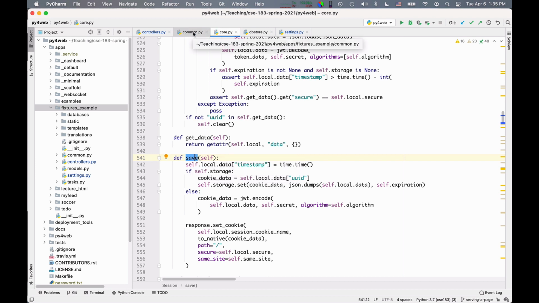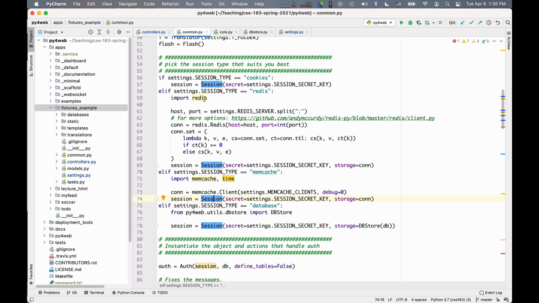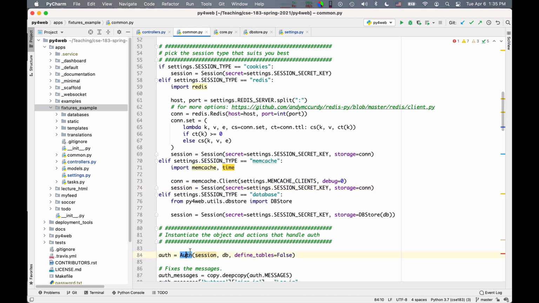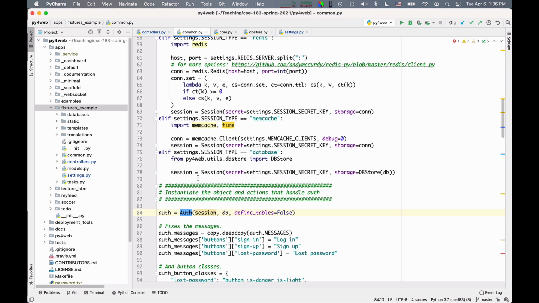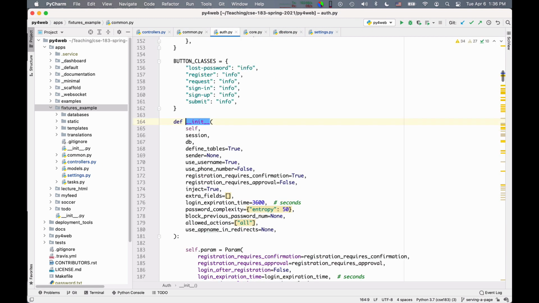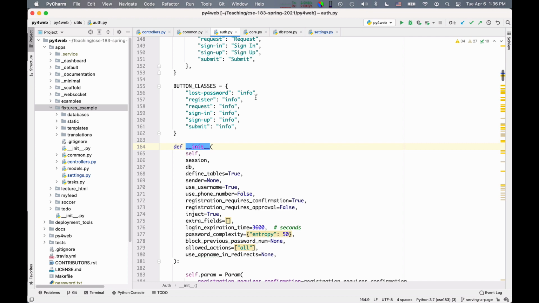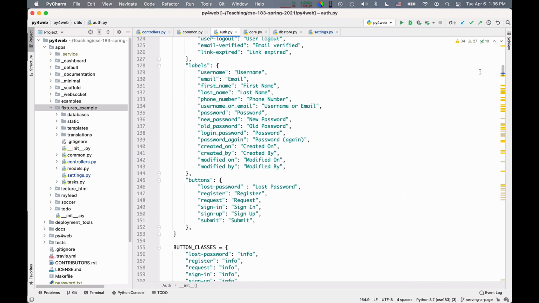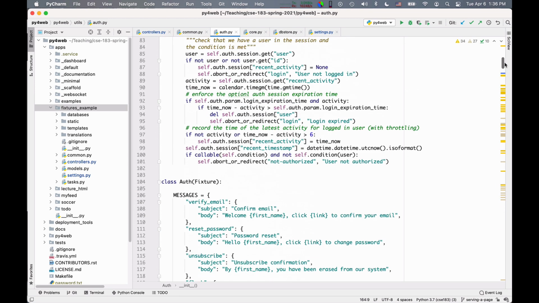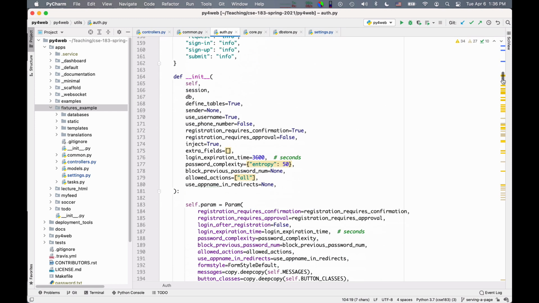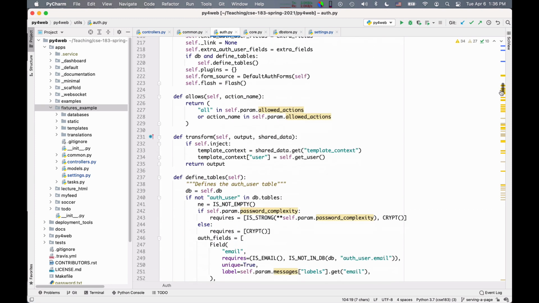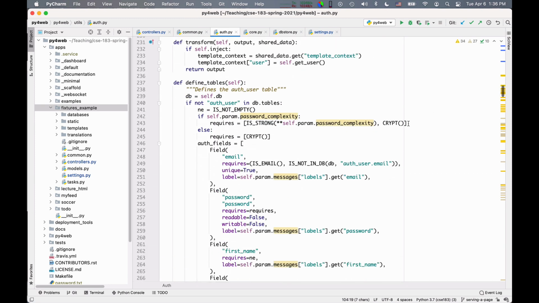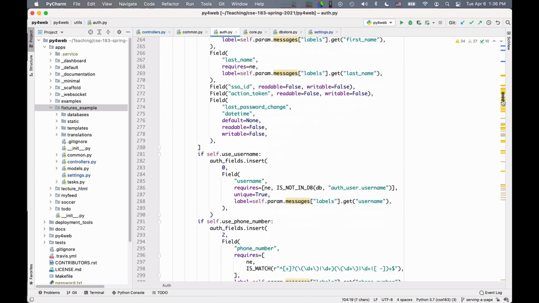Okay, so the last object that I should comment about, but I will not do very much actually, because it's a bit more complicated, is this auth object. It's also a fixture, you can also look at it. So you see it is also an extension of fixture. We can look at it super briefly. It can define its own database tables. You see here the code.